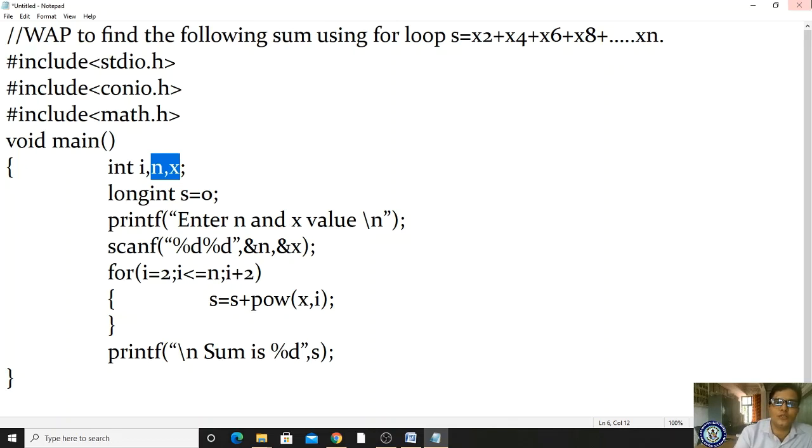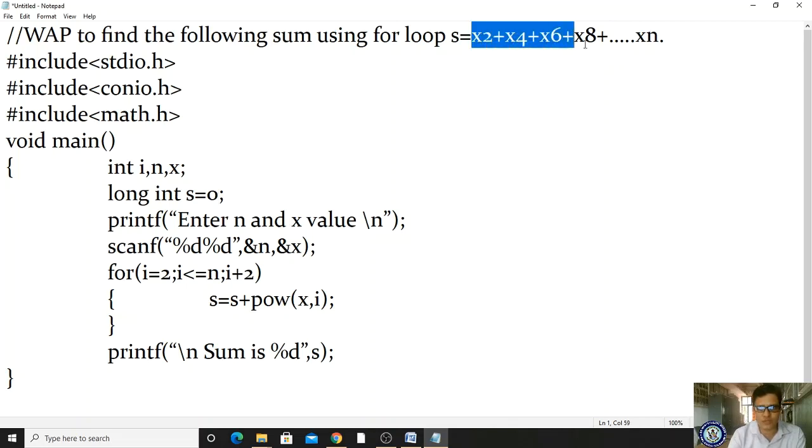To do these kinds of programs, a counter variable is compulsory, so I am declaring it as an int. In the next line I am declaring long int s is equal to 0. Why? Whenever I am processing, if the integer range exceeds, it doesn't work, right? That is why I am defining it as a long int and assigning it 0, because here the summation has been asked. So this is our formula. Got it? That is why I am taking s is equal to 0. First I am displaying one output statement: Enter the value of n and x. So we have to specify what series is to be generated and what the x value is.